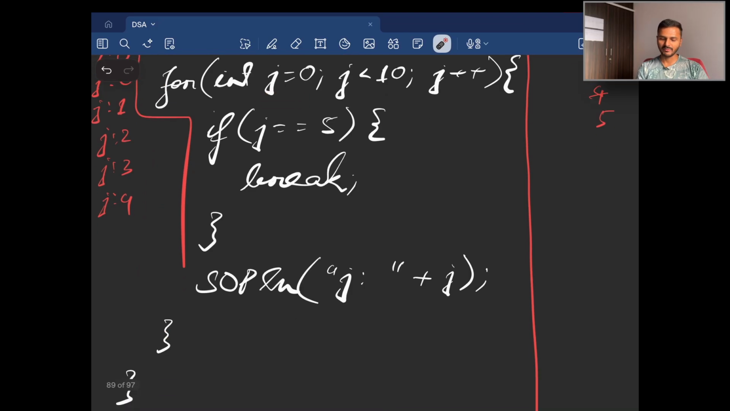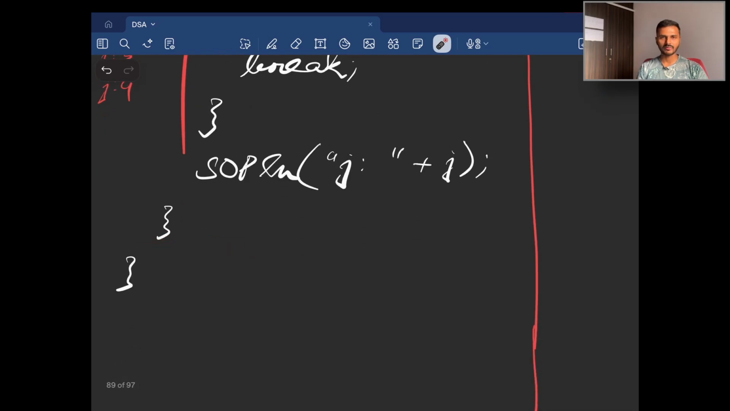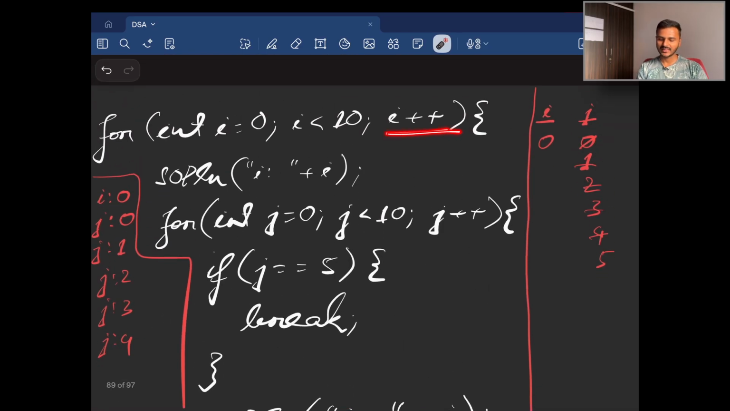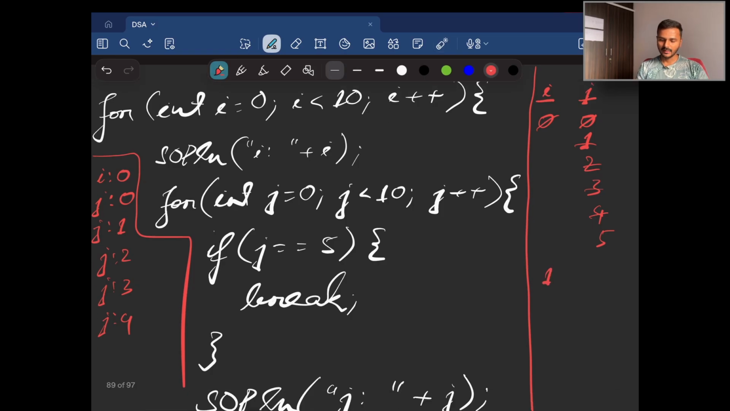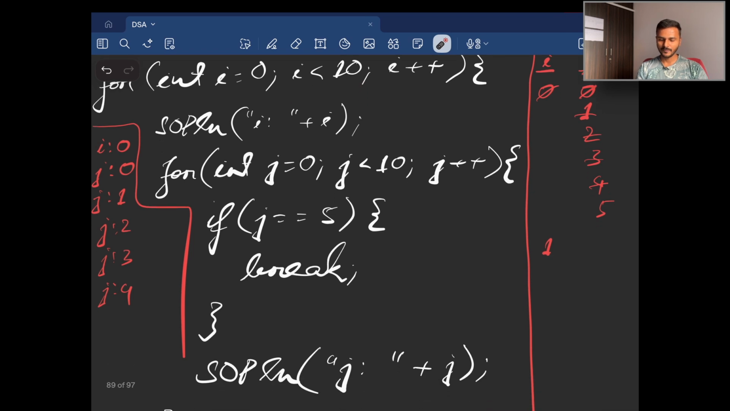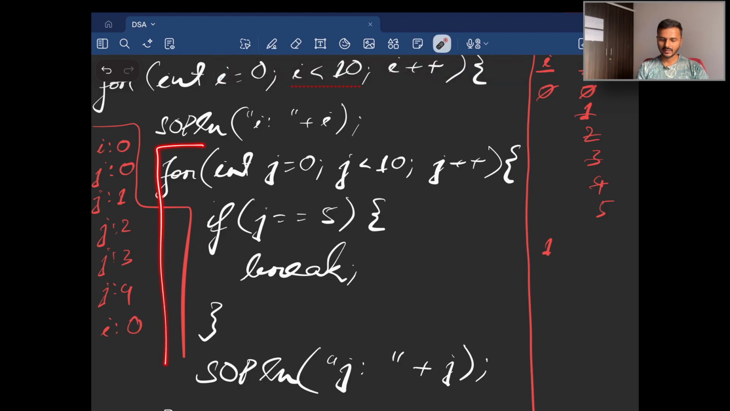So the control will be forced out of the inner for loop, which means it will reach over here. And reaching over here means there's no more statement in the outer for loop, right? So the outer for loop's iteration would end there, and it will go for the next iteration where it will increase the value of i to 1. And then it will check if i is less than 10 or not, and it is. So it will get inside, print the value of i like this, and then the inner for loop would start